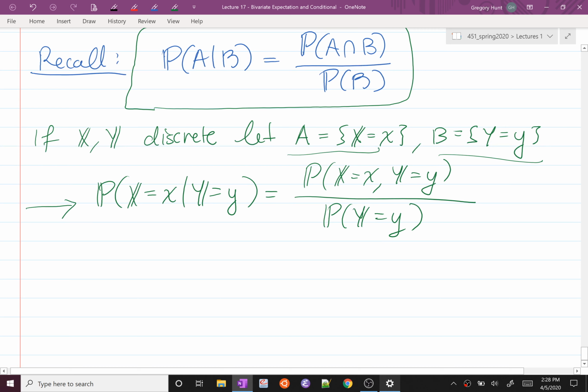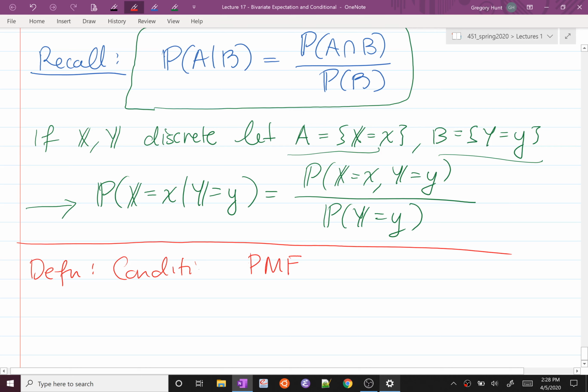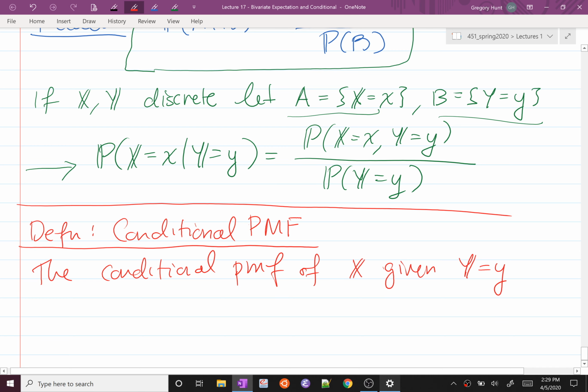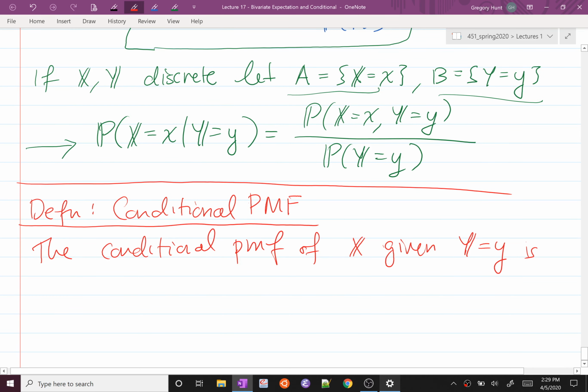And so what this allows us to do is to define what is called a conditional PMF. This is only for the discrete case right now. The conditional PMF of X given Y is some value little y is defined